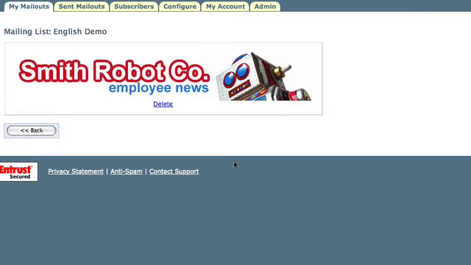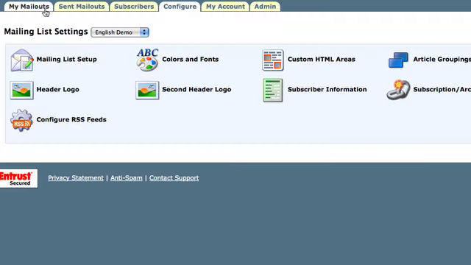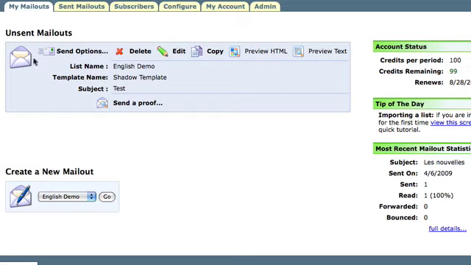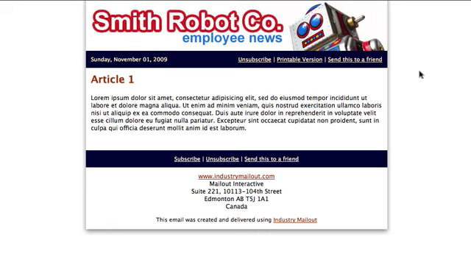Here's a preview of my header graphic. Looks good. I'll click back. Now let's go back to our My Mailouts tab. Here's that mailout that we created earlier. When I click the Preview HTML icon, we can see that our template now has a header graphic and the